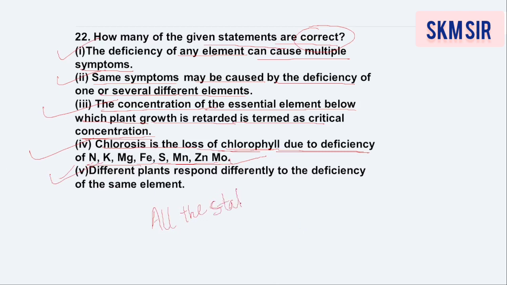Dear students, without options, we have completed this question for our knowledge, that all these statements are correct here. Let's move to the next question. It is a bonus question, guys, for all of you. Please mark correct for it, and 1 mark is a bonus for all of you.